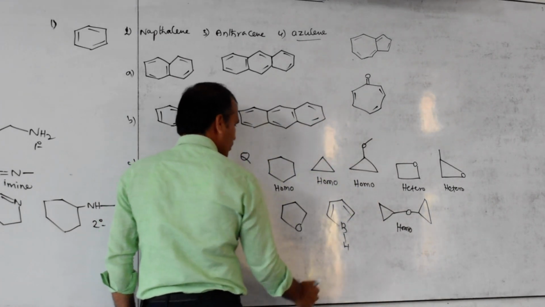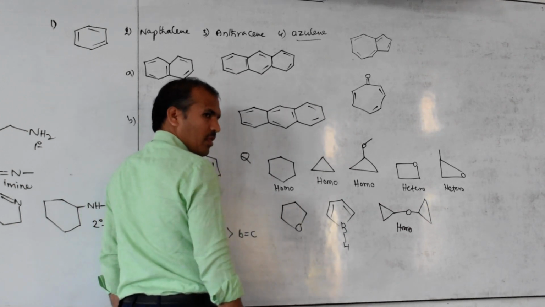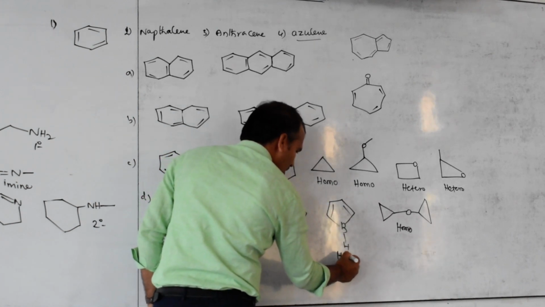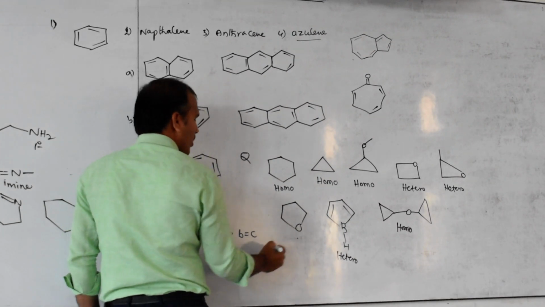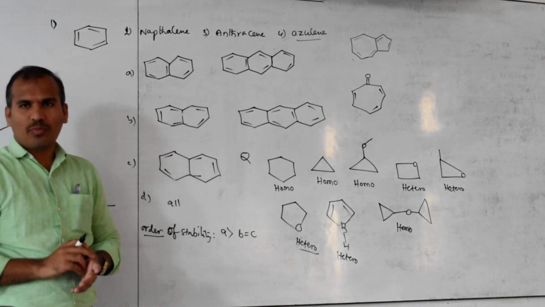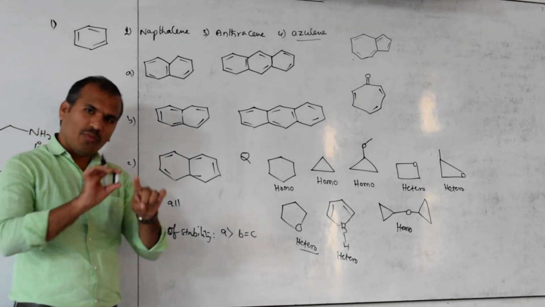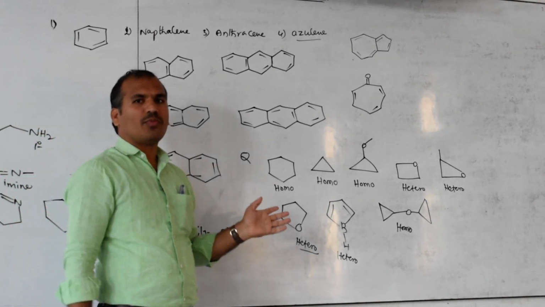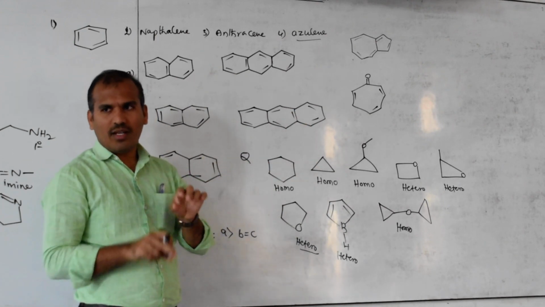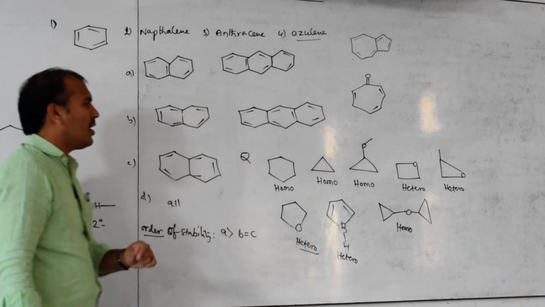This is in the ring or out of the ring? Hetero. In the ring only, this is the ring only. Then this is called hetero. This is hetero. A question like this may be asked, so all possibilities are given. If any question like this is asked, you have to answer it. Homo means in the ring all are the same atoms; that is homo. If any heteroatom is present outside the ring, that is not. You have to observe the ring. If any other atoms are present in the ring, that is called a heterocyclic compound. Okay. So based on this, questions like this are possible.